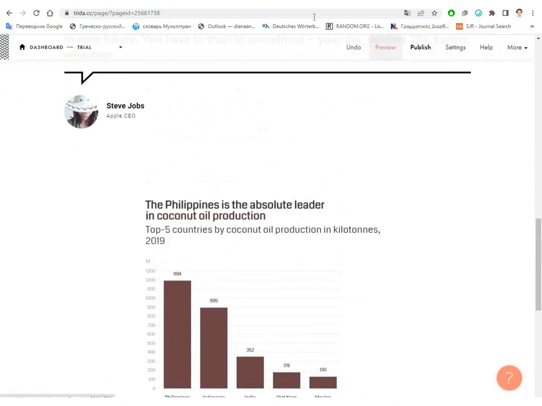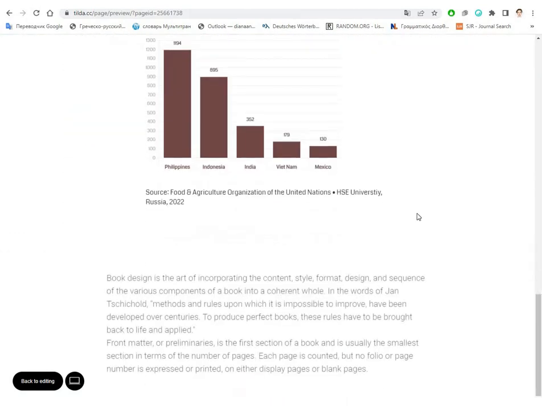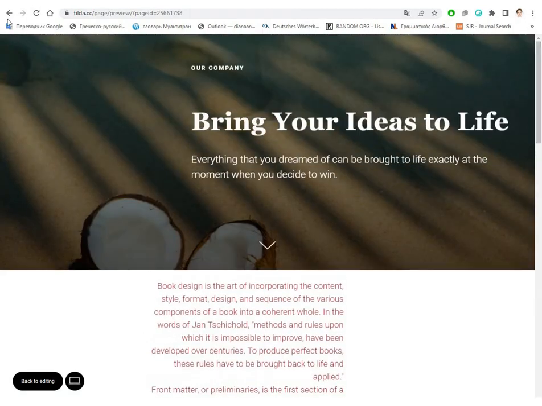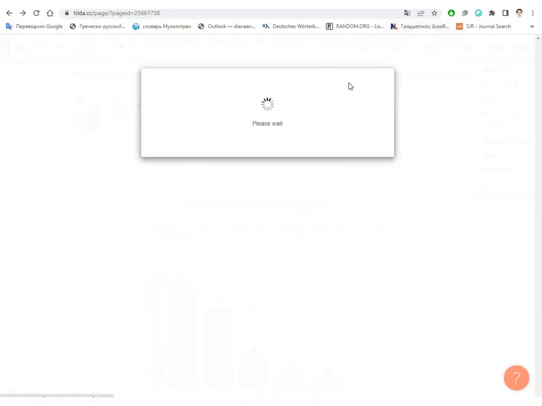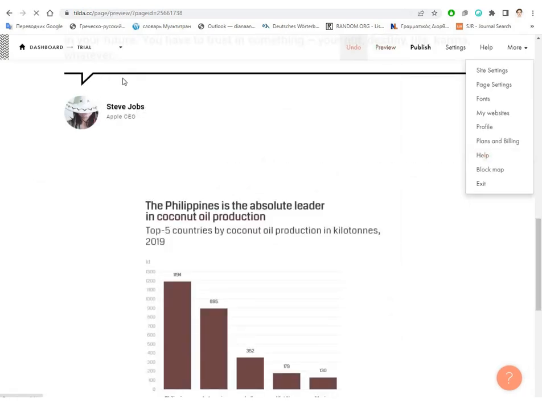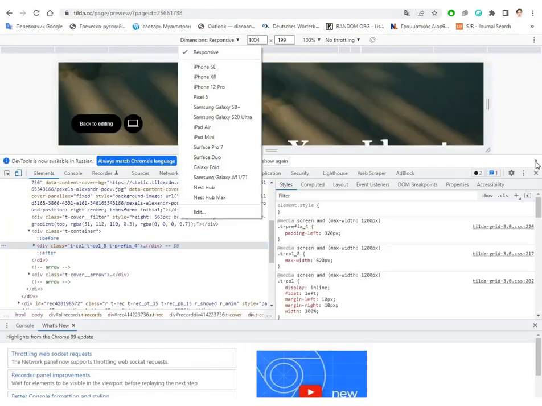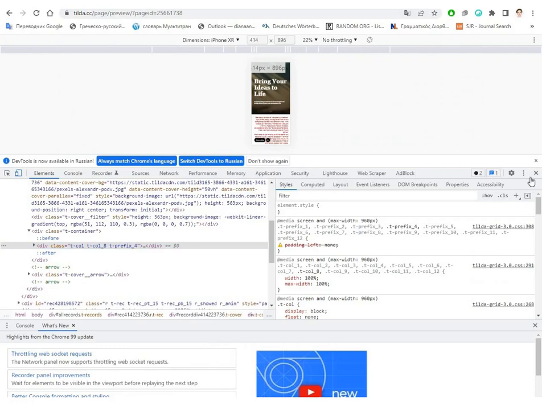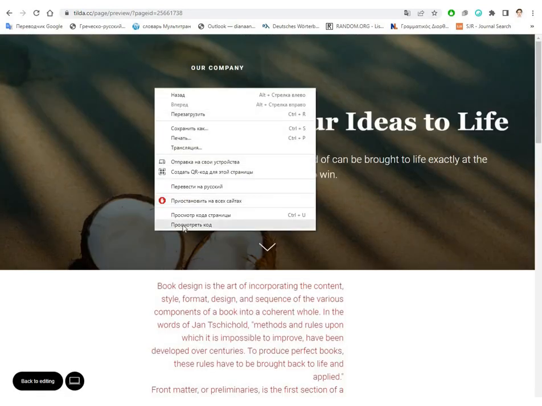Okay, let's preview our website. If you want to preview it on mobile devices, you have also here skip the steps. Oh, no, close. Okay, preview. If you want to preview your website or any website on other devices, let's try to do this. Yes, it works. You right-click, look at the code,